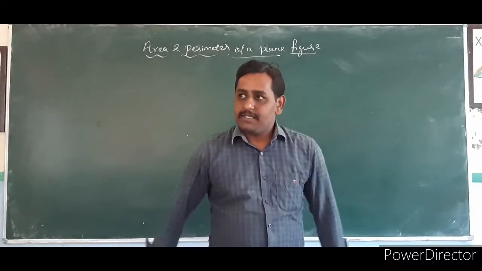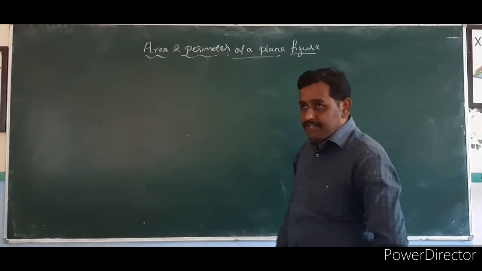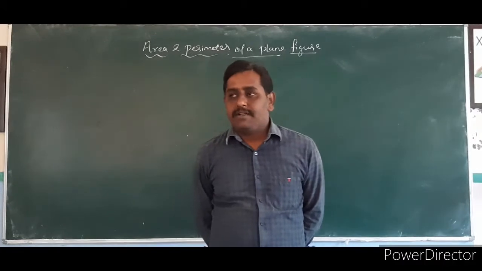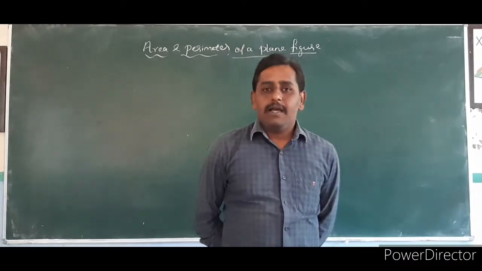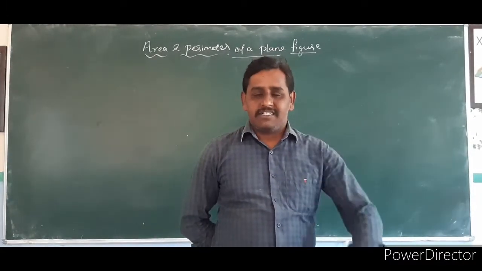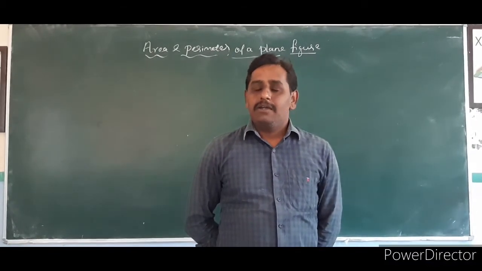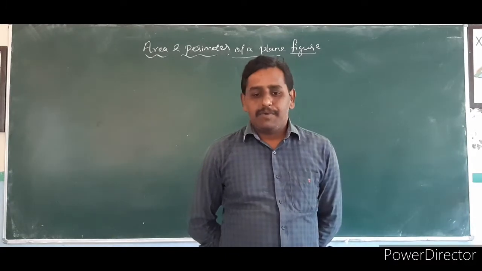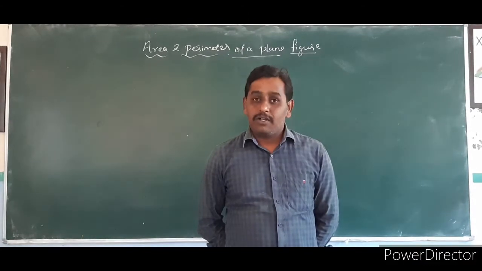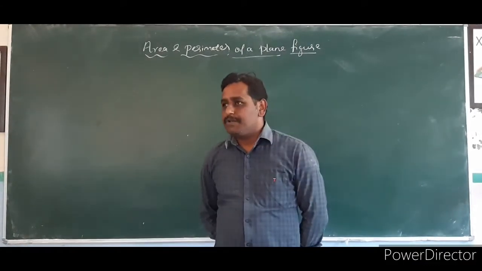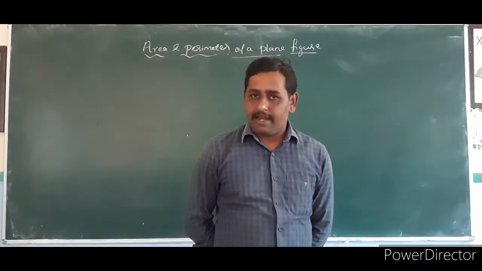In today's class, we are going to discuss the area and perimeter of a plane figure. In earlier classes, we discussed more geometrical chapters in semester 1, and in your 8th class also I taught how to find the area and perimeter of a given triangle by using Heron's formula. Here also it is continuing the portion, so I think it is very useful for what you learned in 8th standard. So in today's class we are going to find out the perimeter and the area of the given triangle.